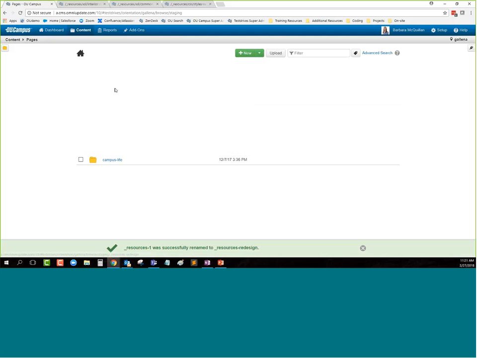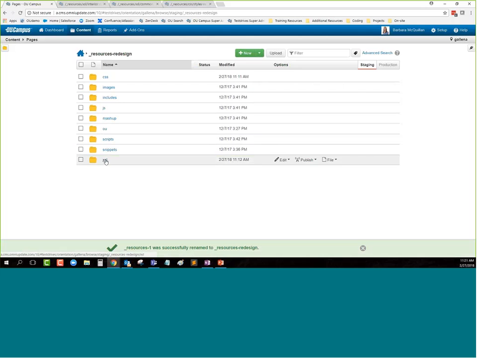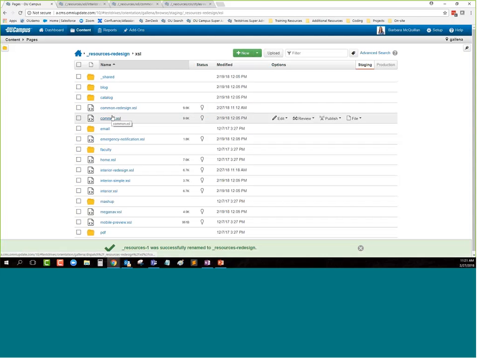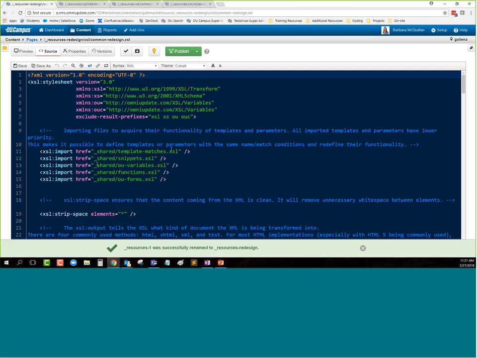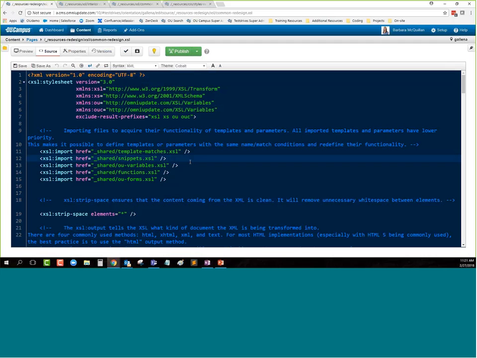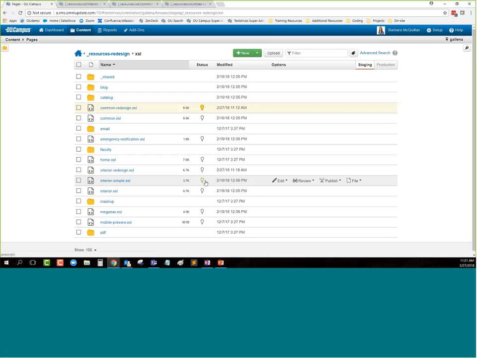Now, things you're going to need to look out for. Inside your XSL, as we looked at that common-redesign, you notice that what you're seeing here are page relative paths. That's excellent. That means I don't have to go through and change out every single one because it's all page relative. It's perfect. If you have in your design a different paths,